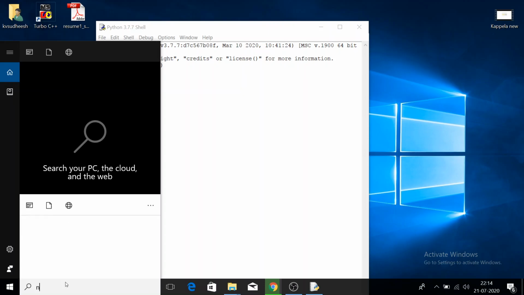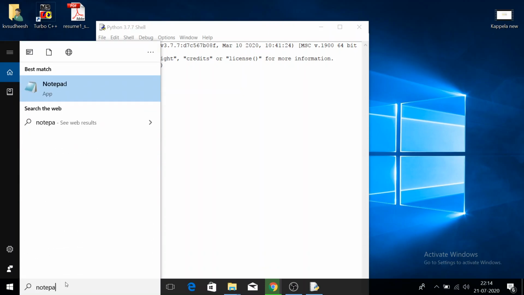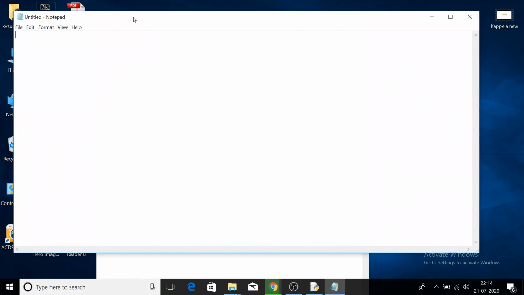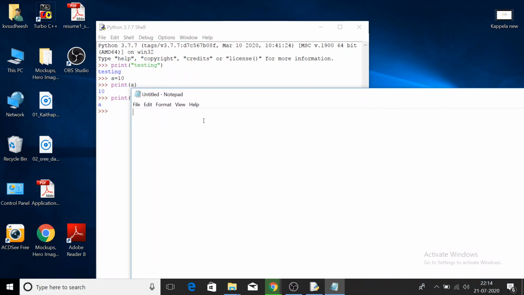The second method is script mode programming. First one is interactive mode programming, the second one is script mode programming.